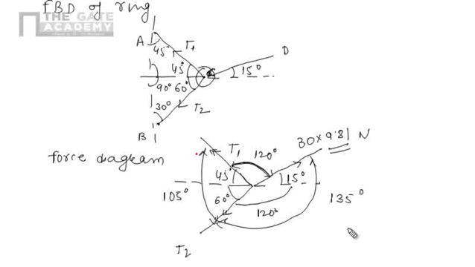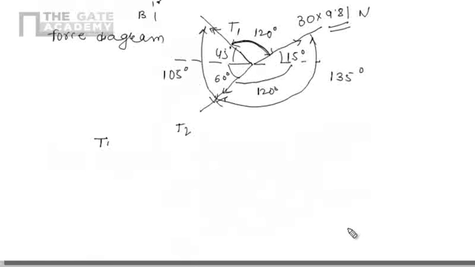So we can easily apply the conditions of equilibrium here. But if we use a special case like Lami's theorem, then we can easily find out the value of the unknowns. We can apply Lami's theorem for a coplanar concurrent system of forces. According to Lami's theorem, T1 divided by sine of the angle between the opposite two forces, sine 135 degree, equals T2 divided by sine of the angle between the opposite two forces, that is sine 120 degree,